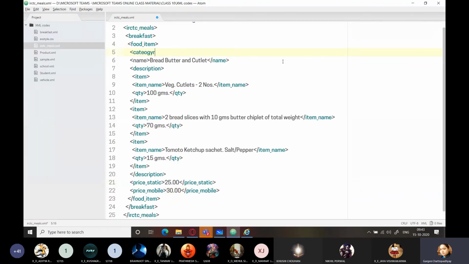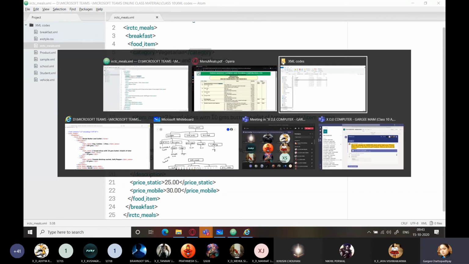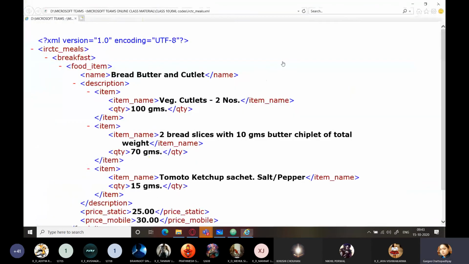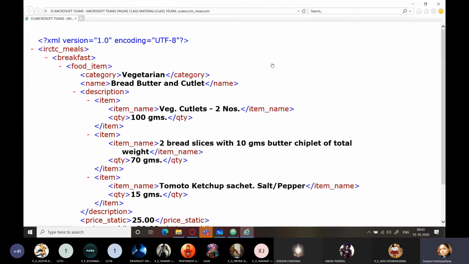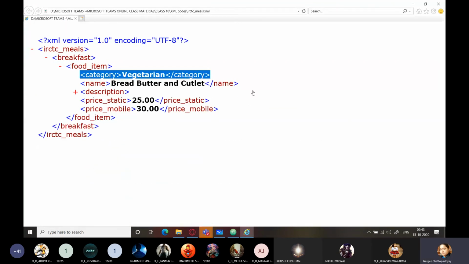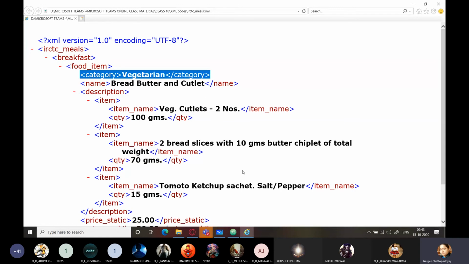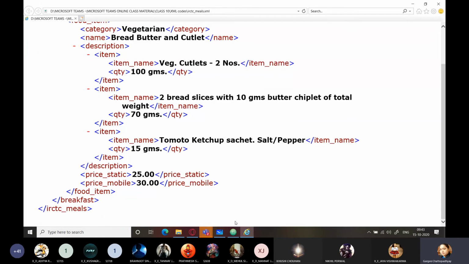That is category. And here this is vegetarian. And now I'll refresh this page. And you can see category is also added over here. Right? So this is how we have to do it.